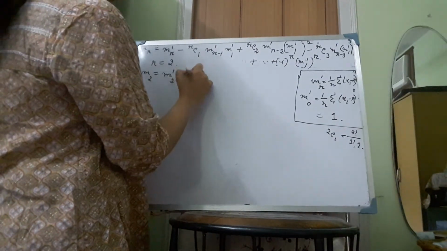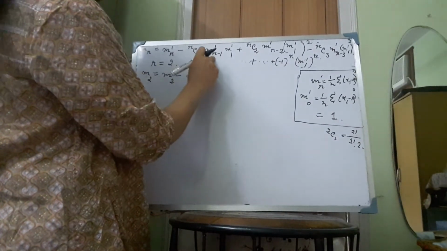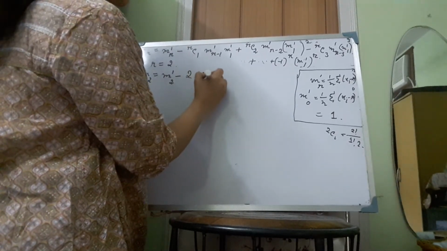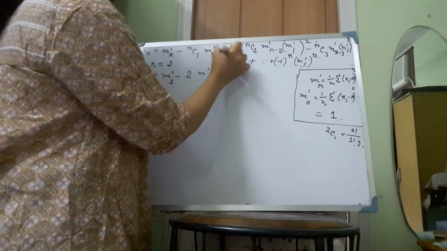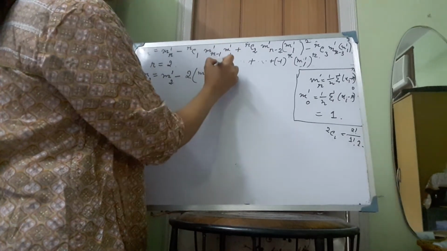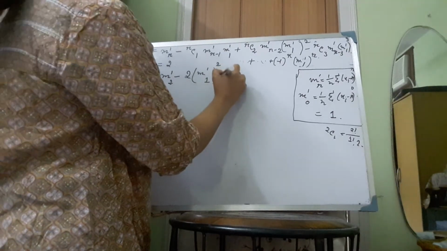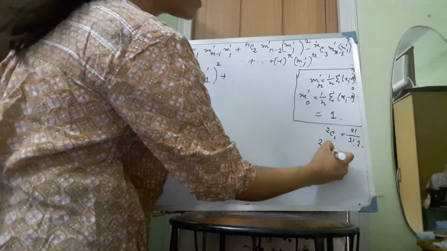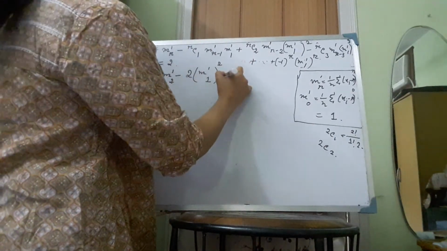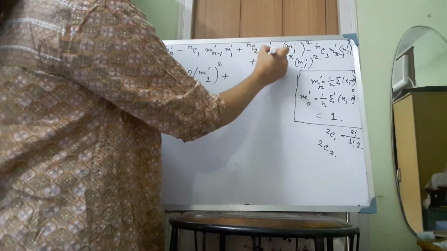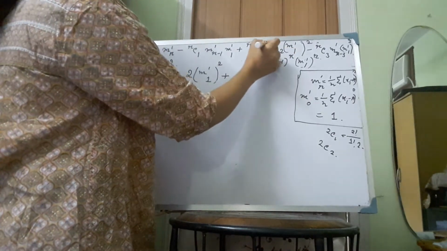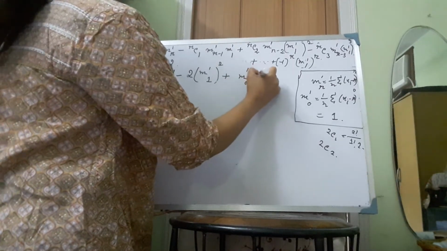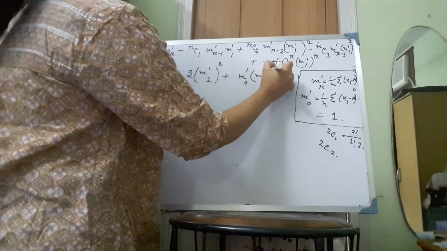So we can write here 2, then m_{r-1}'. In place of r we are putting the value 2. So this becomes m1', and we have another m1' here, so this becomes m1' whole square. Then here this becomes 2c2. Now the value of 2c2 is 1. So this will become 1. So then 1 into, then this is 2 minus 2, so here we will get m0'. So that we can write here m0', and then we have m1' square.